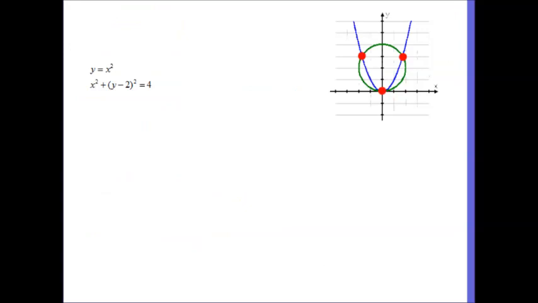Here we have a nice quadratic function, y is equal to x squared, represented by the blue parabola. And this is, if you remember, the parent quadratic function, right? And the other equation represents a circle. X squared plus the quantity of y minus 2 squared is equal to 4 is represented by the circle in our graph. So now let's look at these two equations critically, and we can see that again we can use